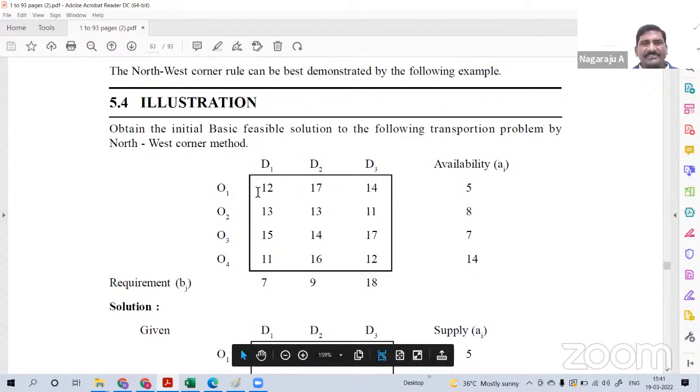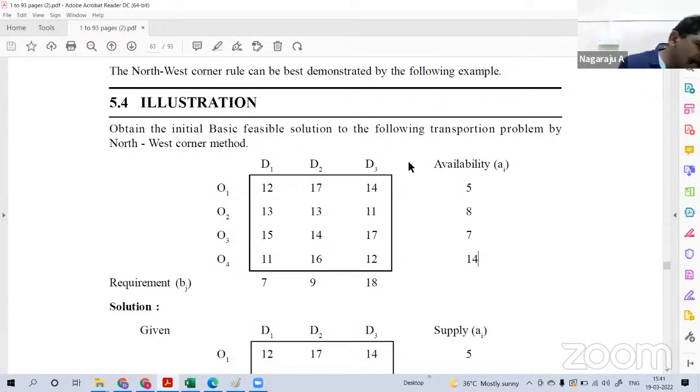Now here, origins and various destinations. Origins and with the various destinations. So it is clearly